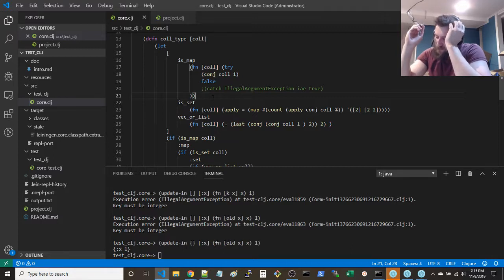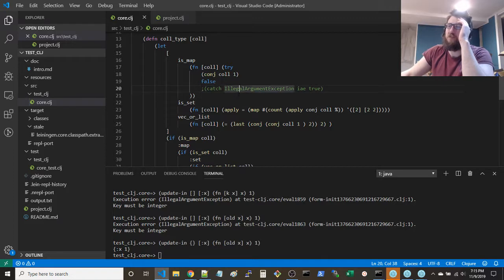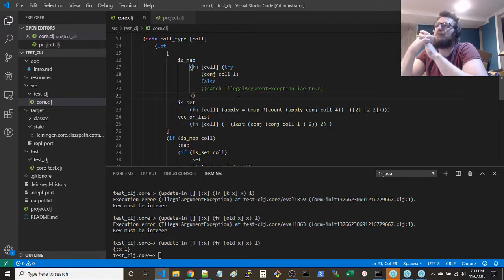I'm thinking you can get from the map. I don't know, man. Basically I want to say get from the map using one of the first values in the sequence, and if you don't get anything back, now here's the thing, it could be empty.